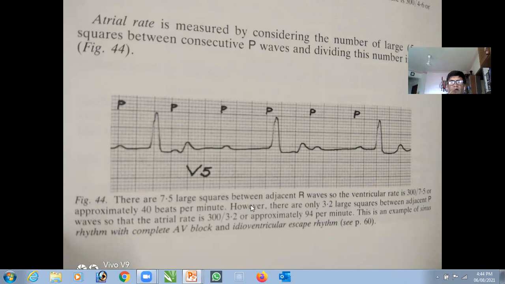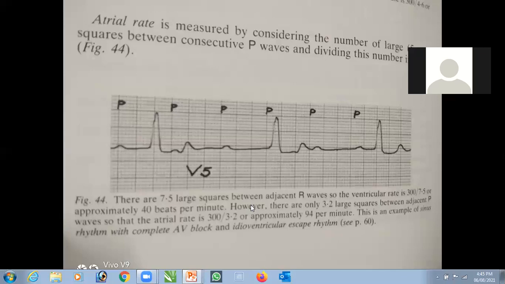Second degree may be of 2 types. Has anyone heard about something called Mobitz type 1 and Mobitz type 2? Anyone heard? Don't know. The one which I explained, 2:1, 3:1, 4:1, is called Mobitz type 1. Write it: M-O-B-I-T-Z. Perfect. Maybe that is the name of the person who found it. And the second type, can anyone tell me? Mobitz type 2. What a nice name. It is called the Wenckebach phenomenon.